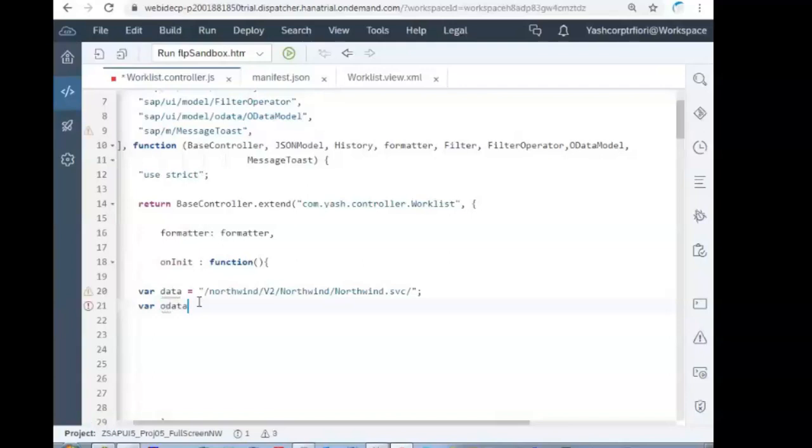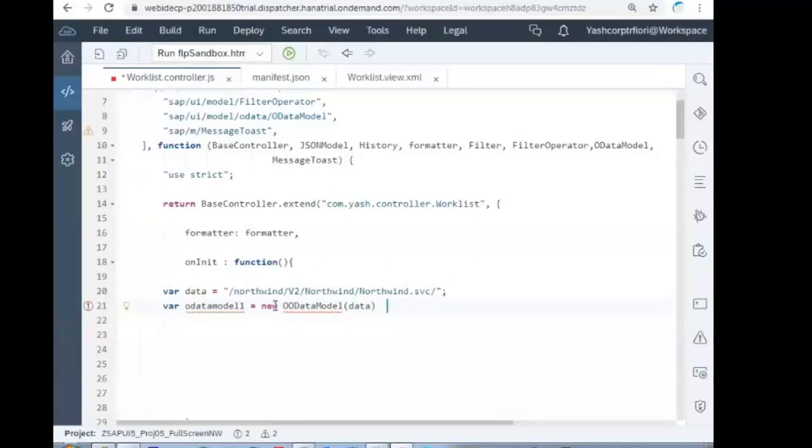Where oData model 1 is equal to new ODataModel, data. Where JSON model 1 is equal to new JSON model.